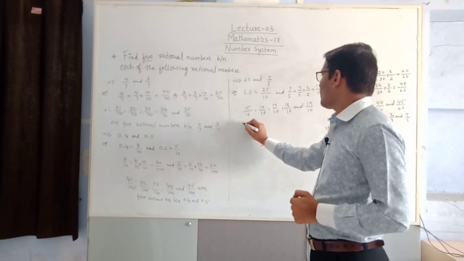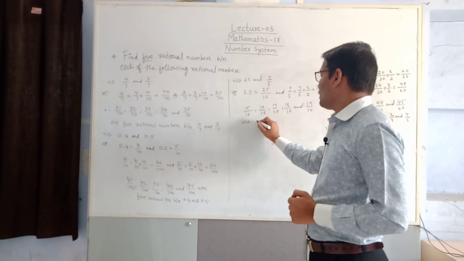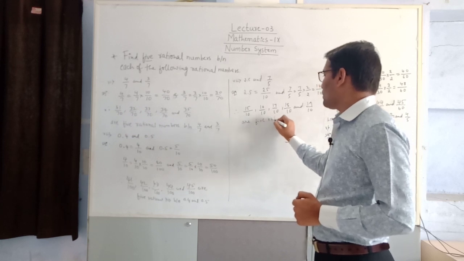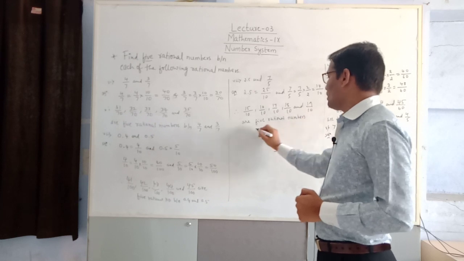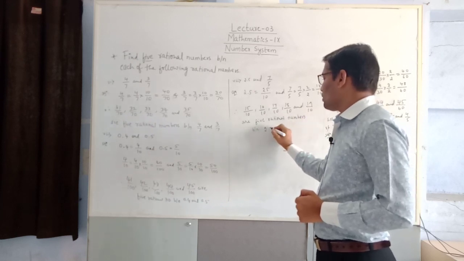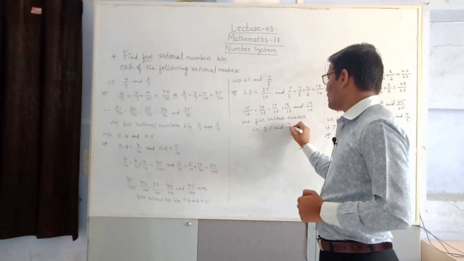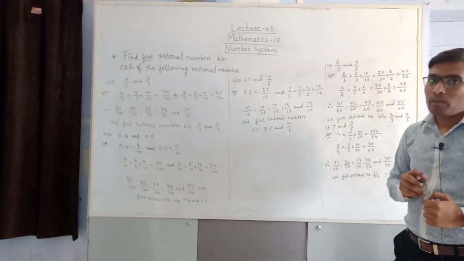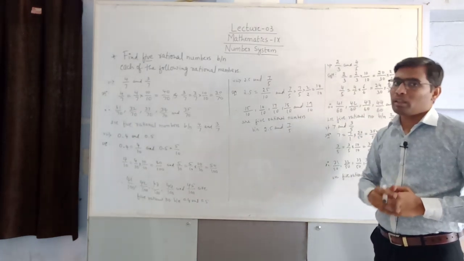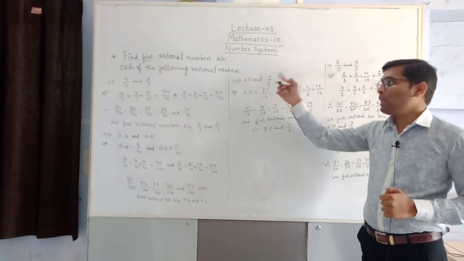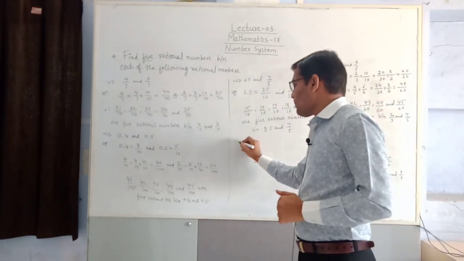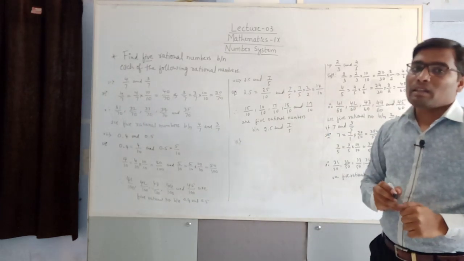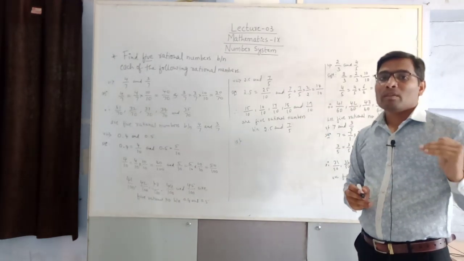Write any 5. Therefore, 15 by 10, 16 by 10, 17 by 10, 18 by 10, and 19 by 10 are 5 rational numbers between 2.5 and 7 by 5. This is a way of finding the required rational numbers when one rational number is a decimal and another one is a fraction. Moving to the last kind, that is when the given rational numbers are in the root form,